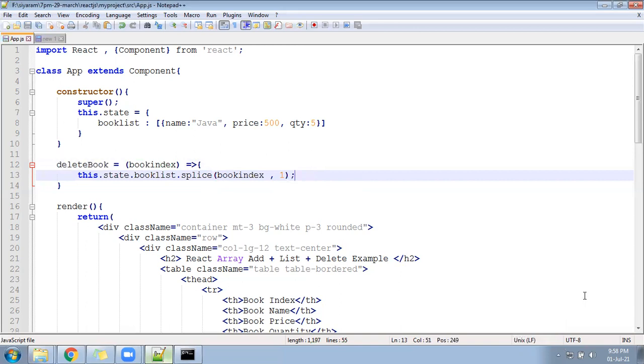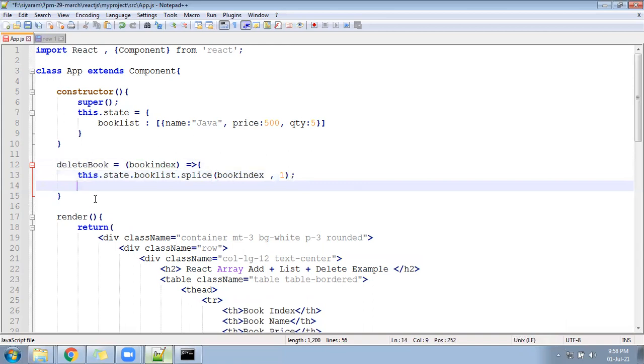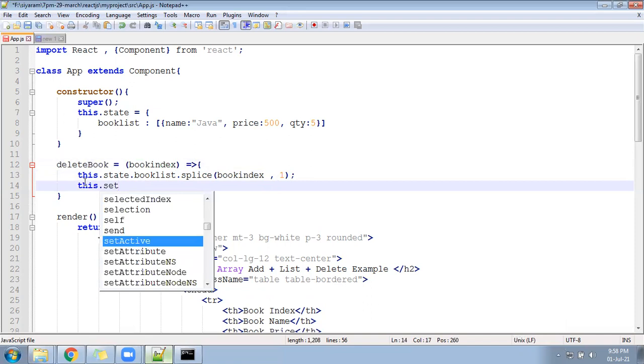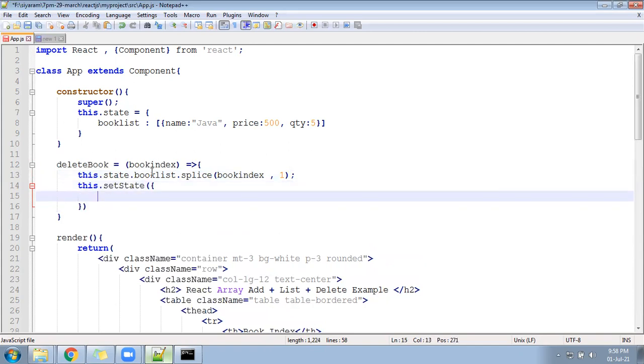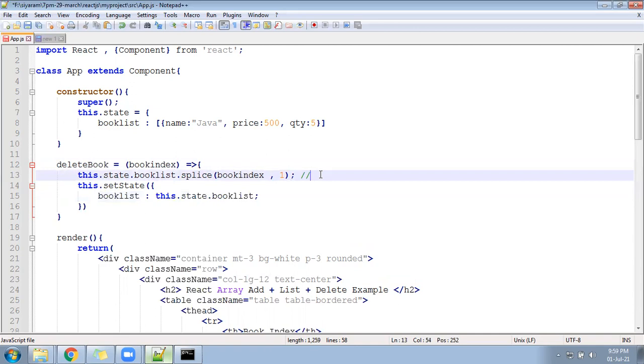After deleting the element, you have to generate a message saying like book deleted successfully, and along with that you have to update the state. So let me go here, update the state, this.setState, and inside the setState I will be writing bookList, my main array, colon this.state.bookList. Here we are doing a minus b.